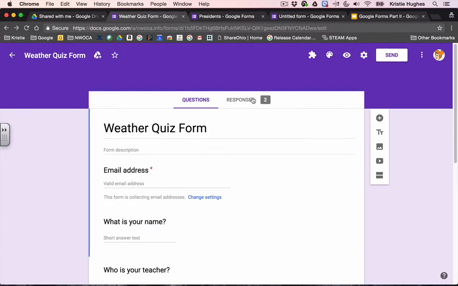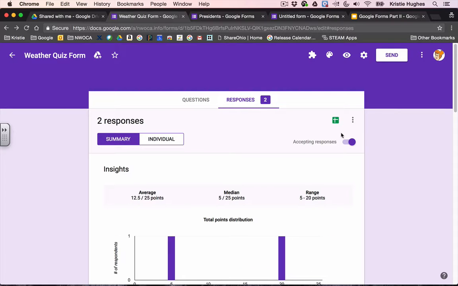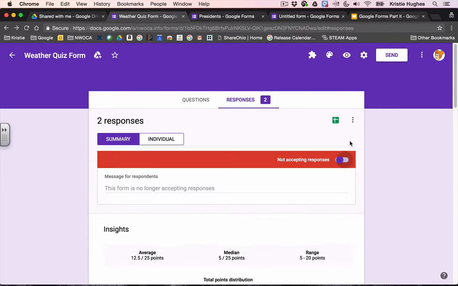If I click on responses here, this is a slider that says accepting responses. Right now it's turned on, so it's automatically accepting responses. If I wanted to say, okay, quiz time is over, it's 3 o'clock or whatever, I want to turn it off, I can manually turn this off, and then it says not accepting responses. Whereas if anybody tries to visit this form, they might see the questions, they just won't be able to